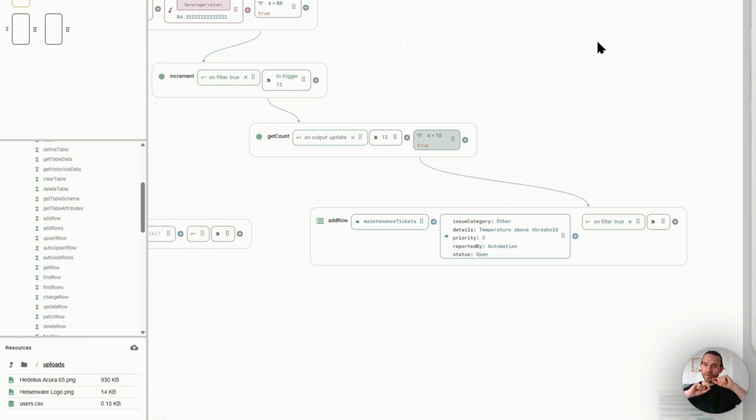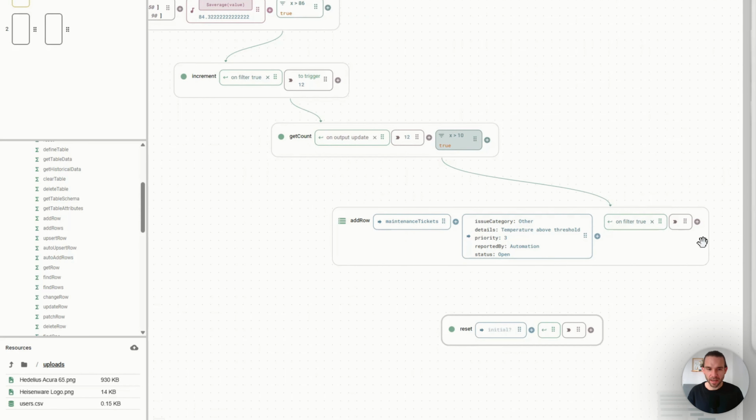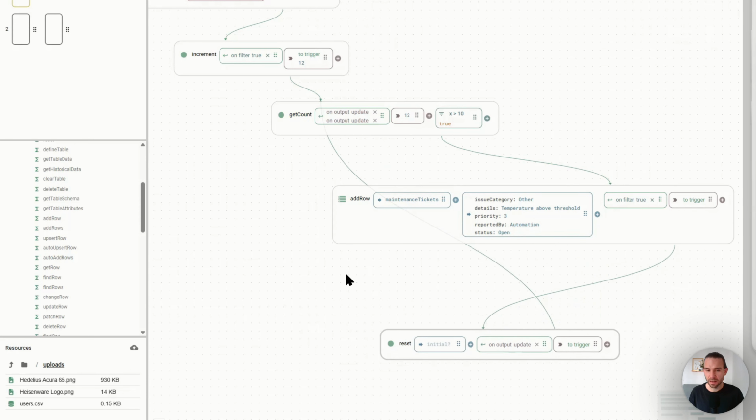And once we are above 10, we want to reset the counter, right? That's why we need to reset. And I can just use the output of add row and put it onto the reset trigger. So when the row was added, we are resetting the counter. And then in order to also set the get count back to 0, we are taking the output of get count and putting it into the trigger of get count. Taking the output of the reset, putting it onto get count. So now you will see